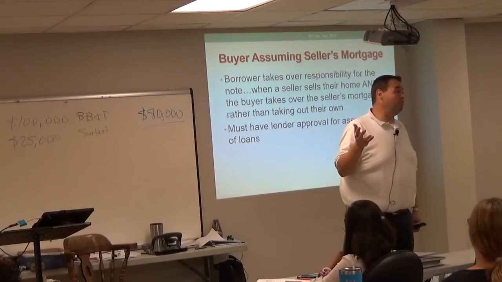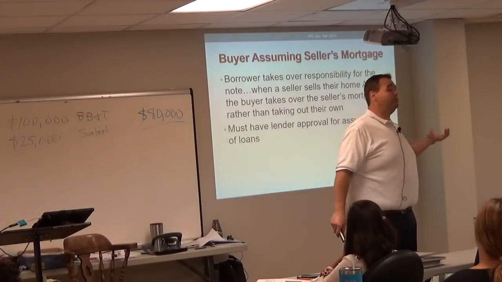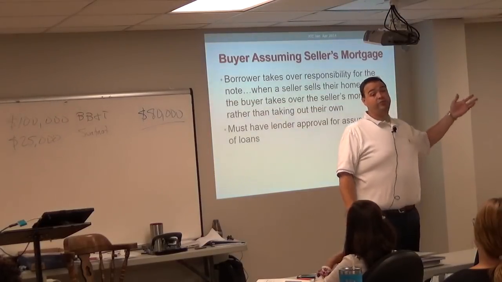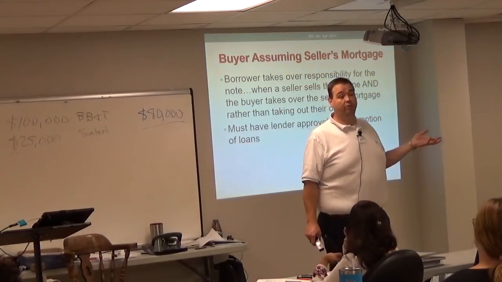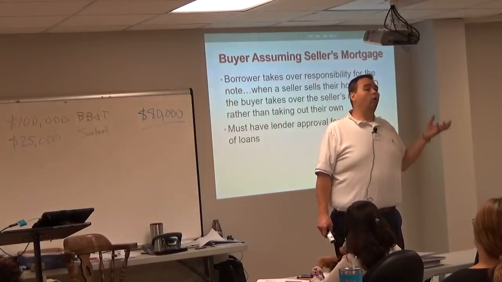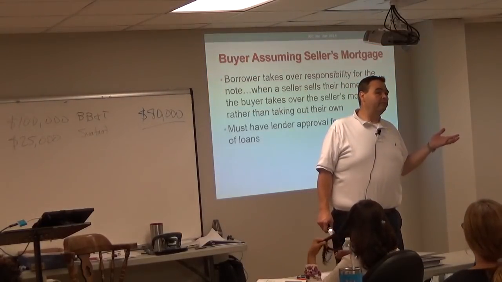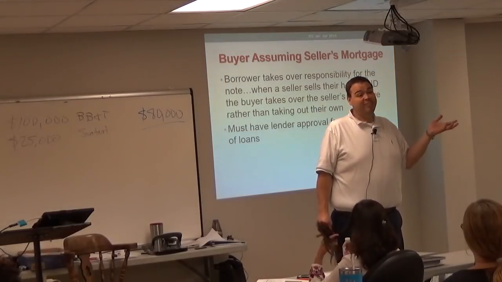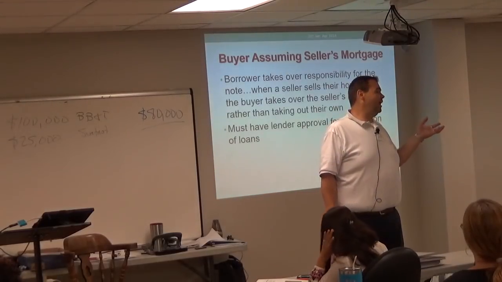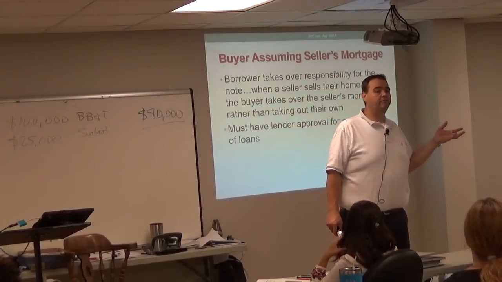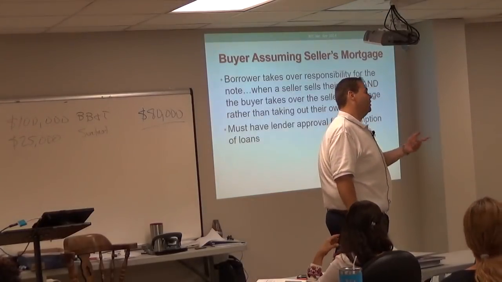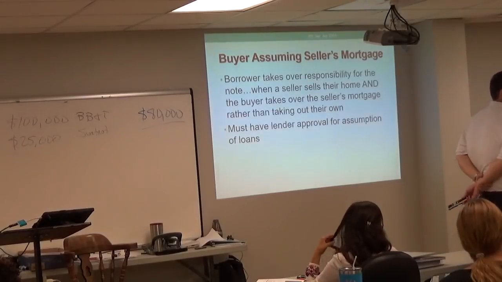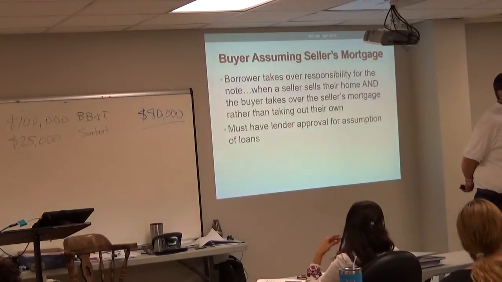This is going to become a big deal. And it won't be long before it is, because we're coming from a time with historically low interest rates, where 3.5%, 3.75% was not uncommon for a 30-year fixed rate note. We're already at about 4.5%, 4.75%. We get to 6%, 7%. Are those 3.5% interest rate loans going to be very alluring? Yes. But I've heard that they do not do these assumption mortgages anymore, that they're almost something in the past.